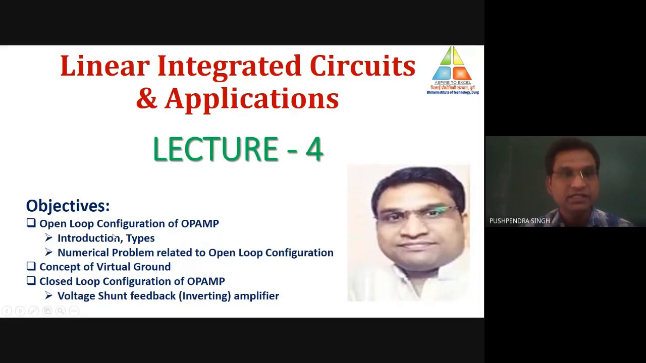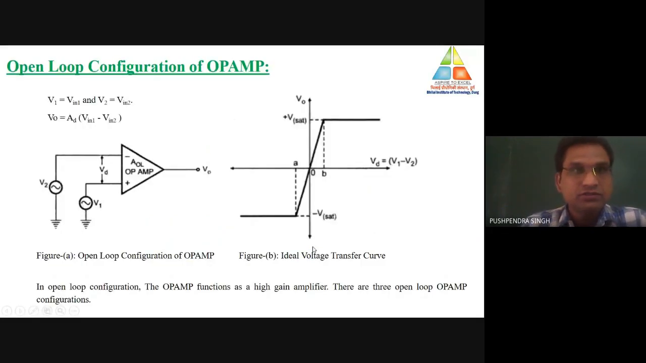Now today, these are our objectives, and after the completion of the lecture, I hope you will be able to give the answer of the problems related to these topics. So the first topic of today's lecture is open loop configuration of op-amp. Open loop means in case of operational amplifier, there is no feedback between output and input terminal of the op-amp. So whenever the operational amplifier is connected in open loop condition, the circuit will look like